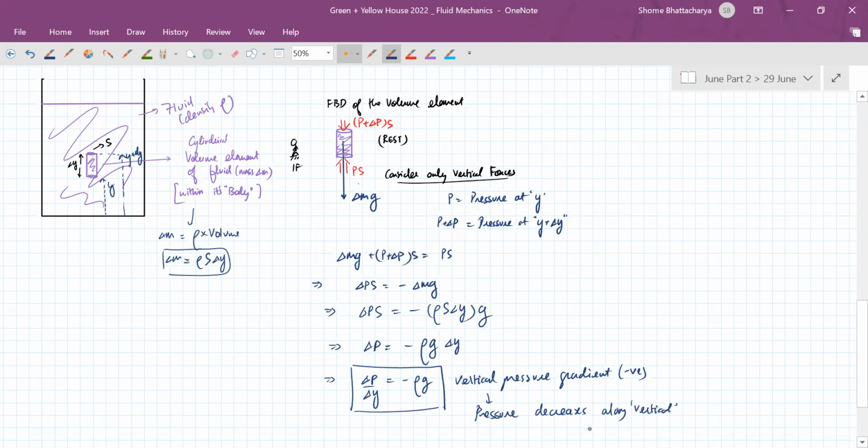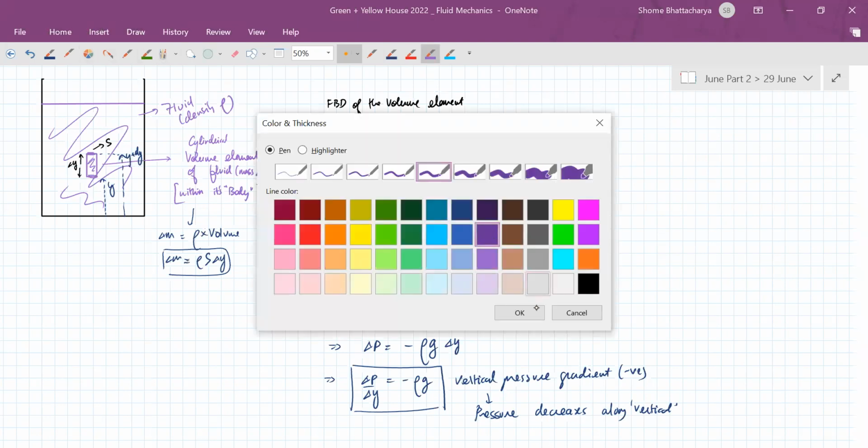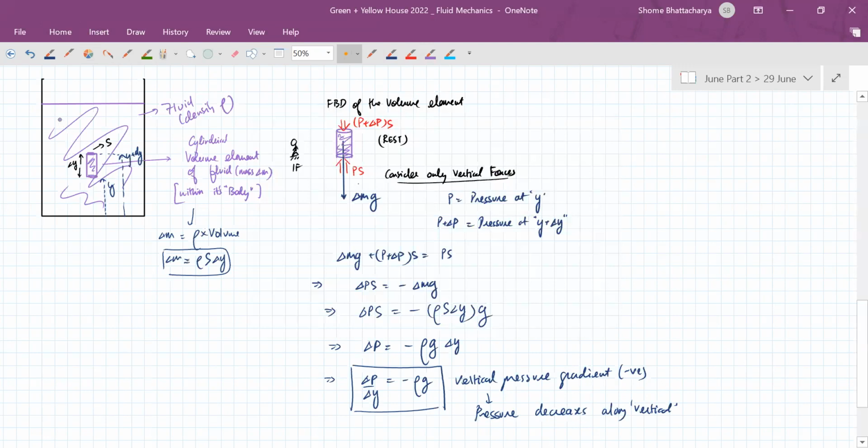Along the vertical, the pressure decreases. Okay. So there's a sort of proof or derivation of that. Now, likewise, we can also understand the horizontal pressure gradient, why it is 0, by now considering another volume element. We could have done it for the same one also, but this time we'll take a more conveniently